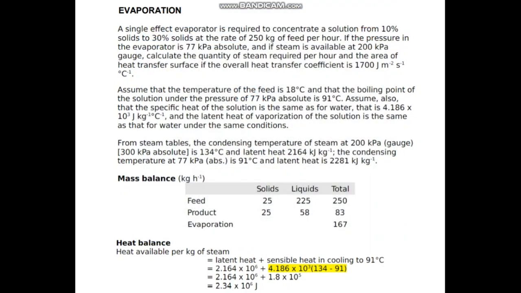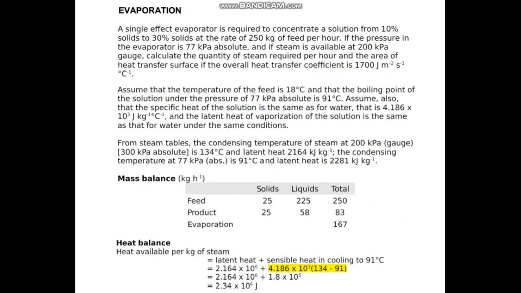A single effect evaporator is required to concentrate a solution from 10% solids to 30% solids at the rate of 250 kilograms of feed per hour. If the pressure in the evaporator is 77 kilopascal absolute, and if steam is available at 200 kPa gauge, calculate the quantity of steam required per hour and the area of heat transfer surface. If the overall heat transfer coefficient is 1700 joules per meter squared second degrees Celsius. Assume that the temperature of the feed is 18 degrees Celsius and that the boiling point of the solution under the pressure of 77 kilopascal absolute